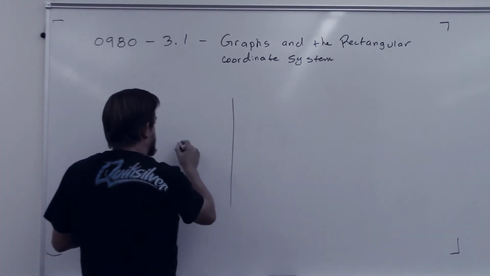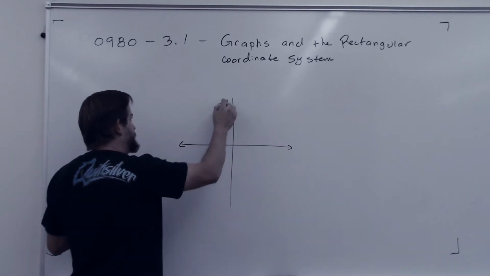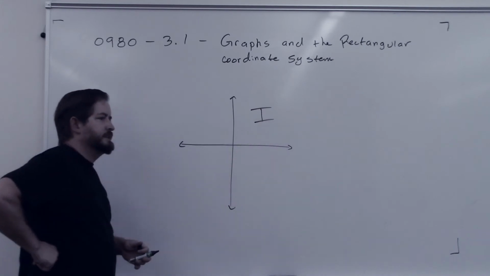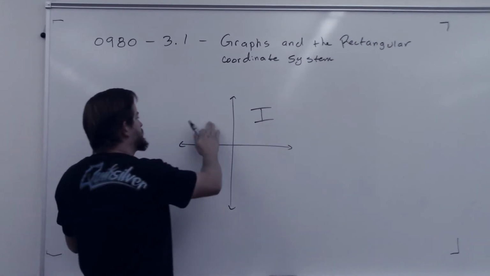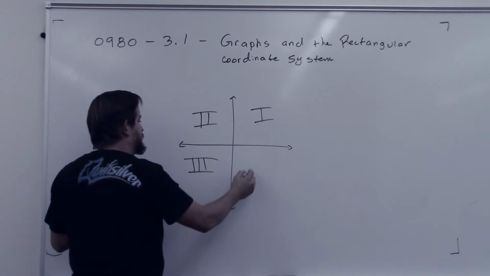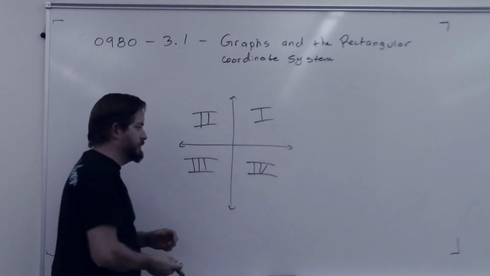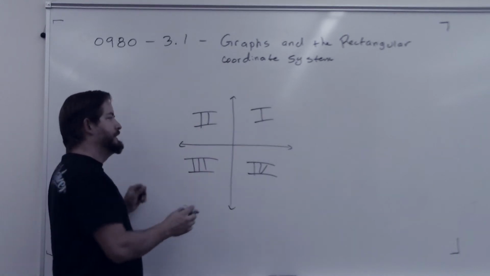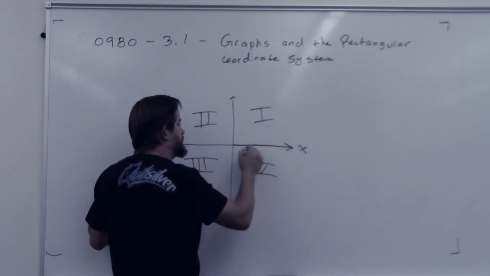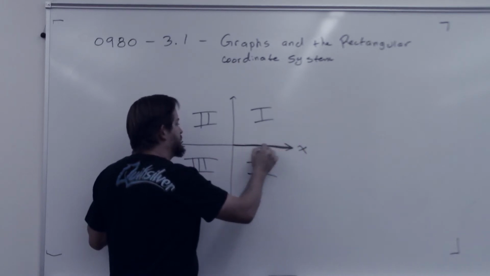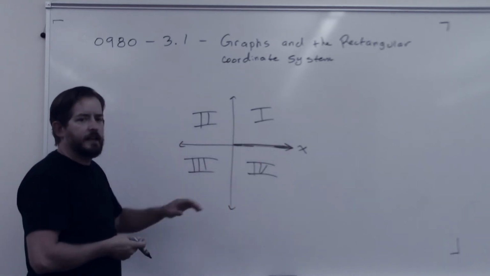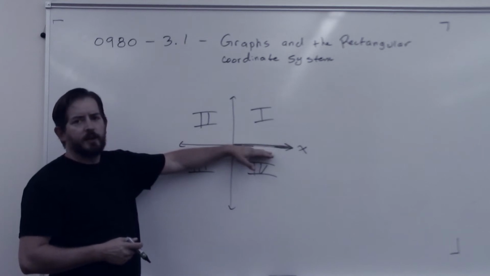When I create this grid system, we start with quadrant 1 right here. Right? And the reason that is, well, I'll do all of them and I'll show you this. Quadrant 1, then quadrant 2, quadrant 3, and quadrant 4. And the reason they're in this weird direction is because we tend to think of this line, this positive x direction, when we start talking about things like rays and vectors and things like that, as the initial resting spot, or the initial,